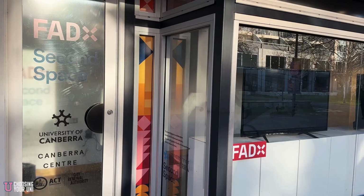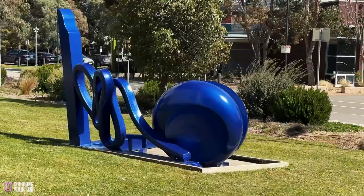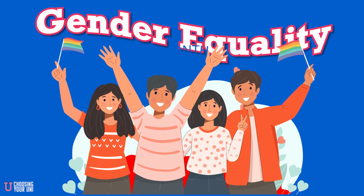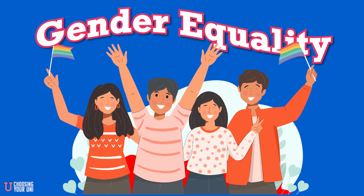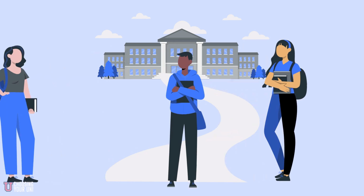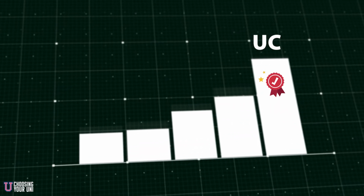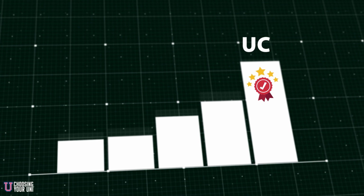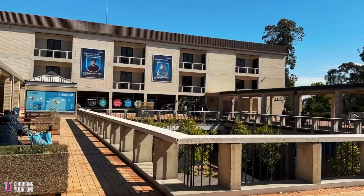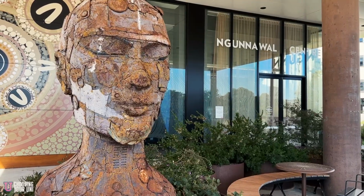Now, alongside that, the university does have some additional rankings where it does really well. It ranks incredibly well in regards to reducing inequalities and gender equality, and has also done really well in terms of diversity and inclusion and access. Finally, UC also ranks well in terms of being one of the top 100 young universities in the world. That's considered to be a university that's under the age of 50 years old, and it was ranked 65 out of about 700 universities that were ranked globally. So that's a very good